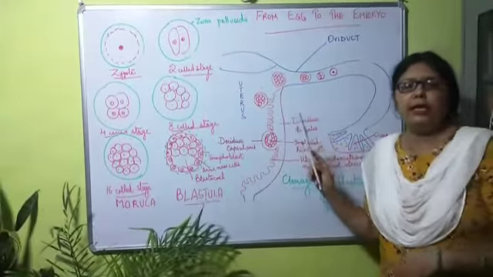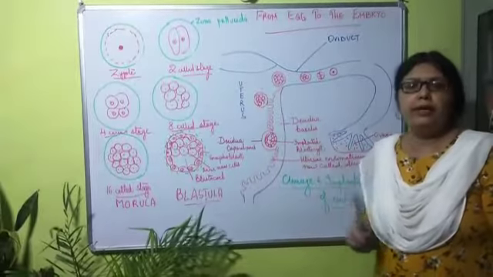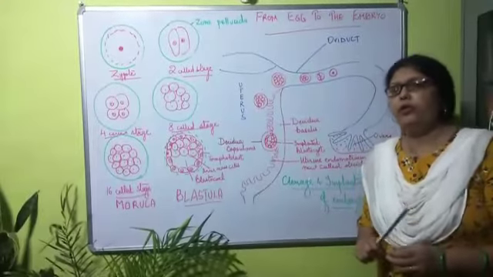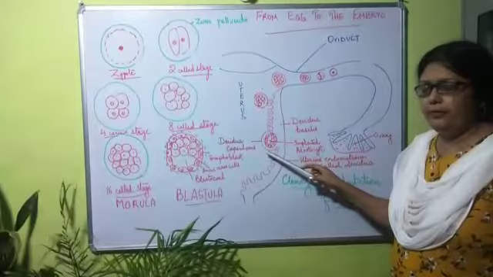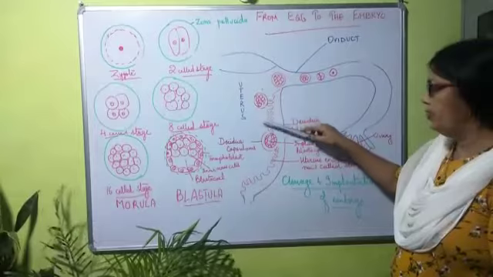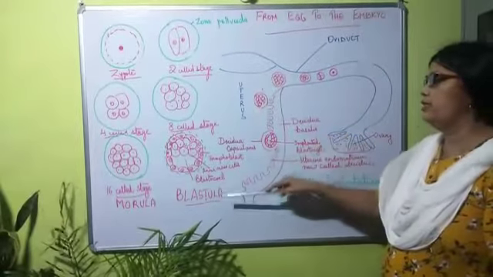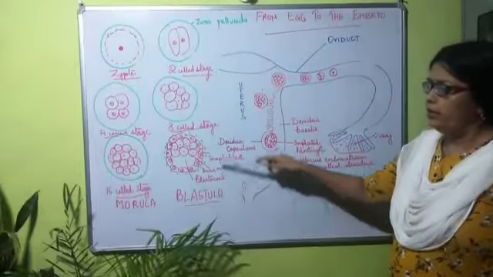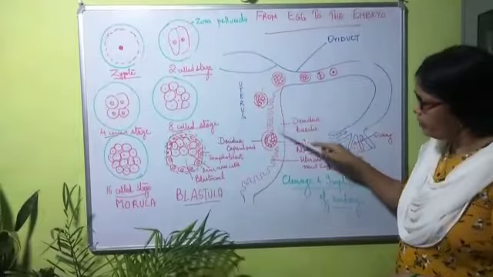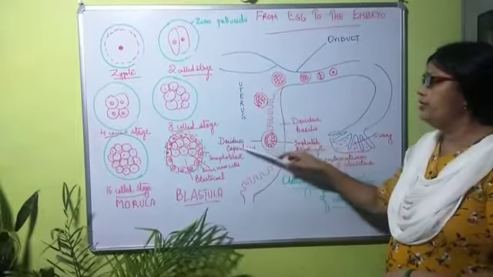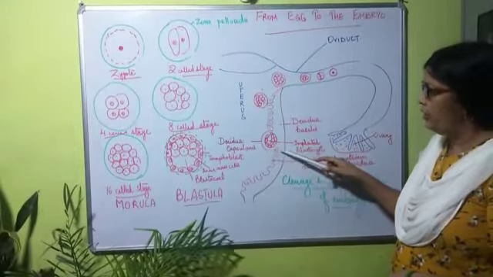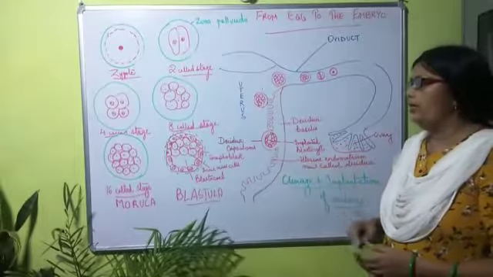and this implantation is held by a hormone called human chorionic gonadotropin hormone that aids in implantation. Then what happens? By the time it gets fixed, it is converted into blastula, and blastula, as I've already explained, consists of a blastocoel or a cavity, and this is the endometrial lining. And after the fixation of this morula into the endometrial lining, you start calling the endometrial lining